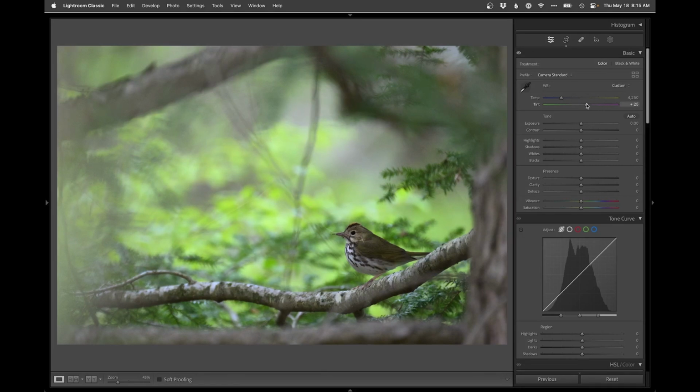Let's correct the white balance. So a little bit less magenta, a little bit warmer. That's good. Let's see what a shadow lift does. Yeah, that's actually pretty nice. And we'll drop the blacks for contrast. And then I think we're going to do,